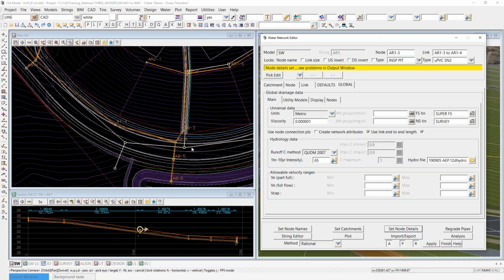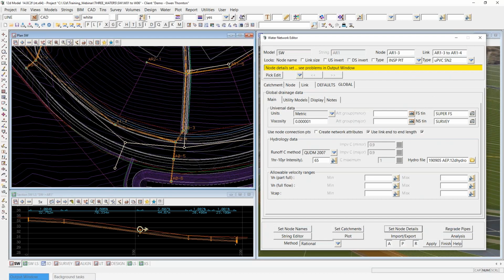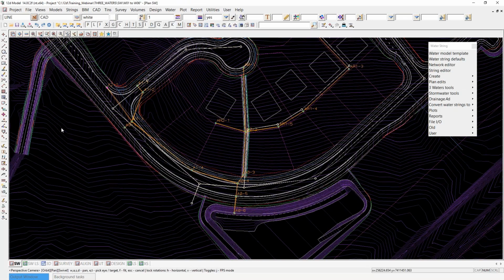I am running a little over time here. Okay, so that's a little bit of an introduction to the network editor. I was going to introduce the split and join and the move. I'll just do this very, very quickly before just wrapping things up on a little bit about the water network editor. Okay, so I'll do that next because at this point, let's close down the network editor